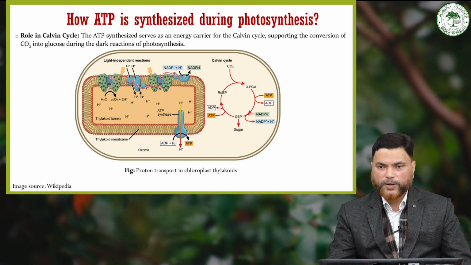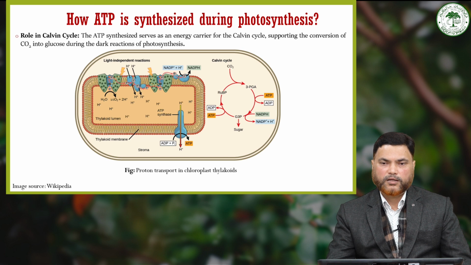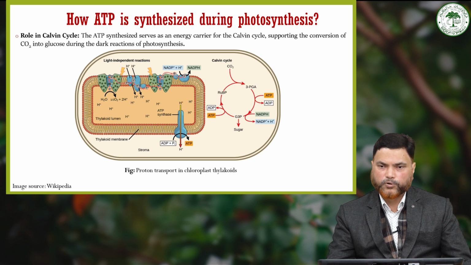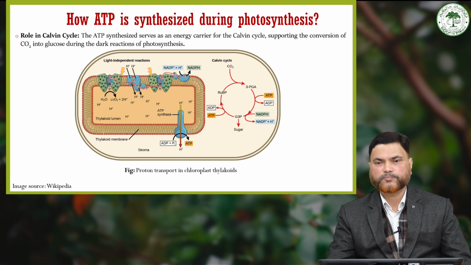And the chloroplast ATP synthase produces 1 ATP for every 3 protons it transports out of the thylakoid lumen. So basically, non-cyclic electron transport results in the production of approximately 4 molecules of ATP per molecule of oxygen evolved. So now the proton gradient created by the movement of electrons is essential for the synthesis of ATP, and